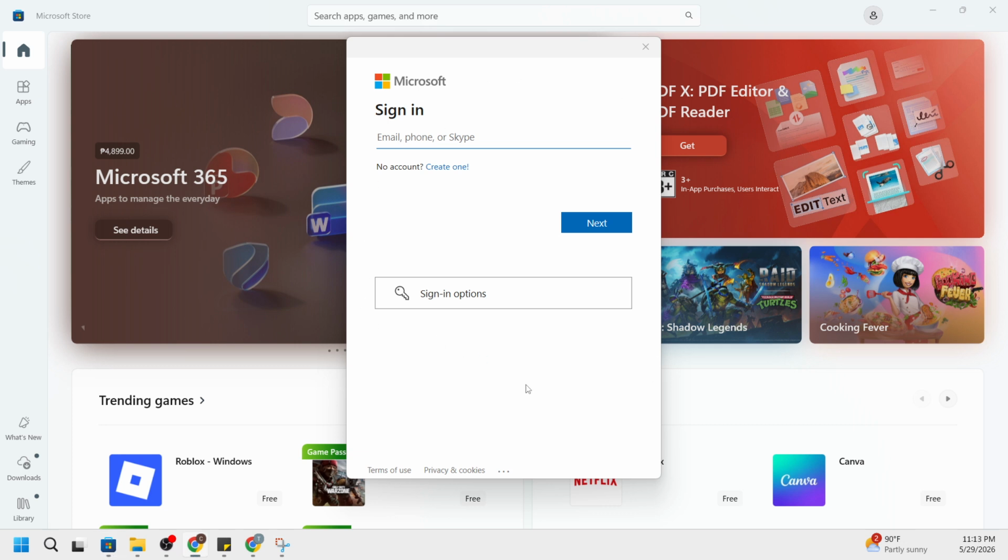You'll now enter your Microsoft email address and your password. Type them carefully and only on this official sign-in window. If your account uses additional verification, follow the prompts to approve a notification, enter a code sent to your phone or email, or confirm with an authenticator app. Never share these codes with anyone.